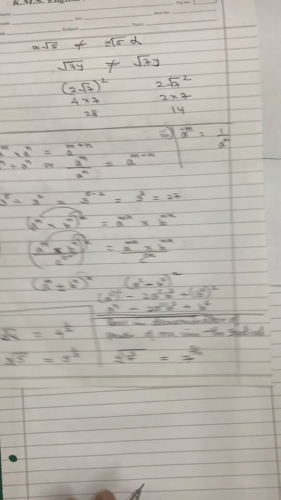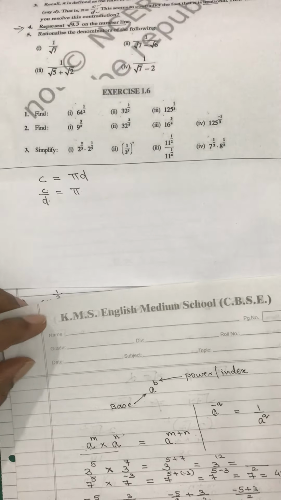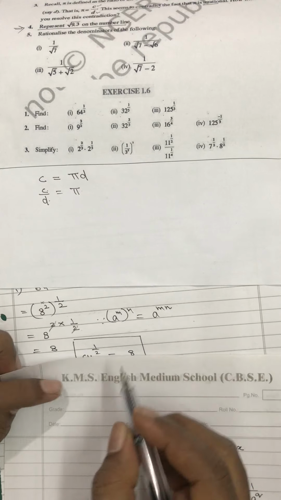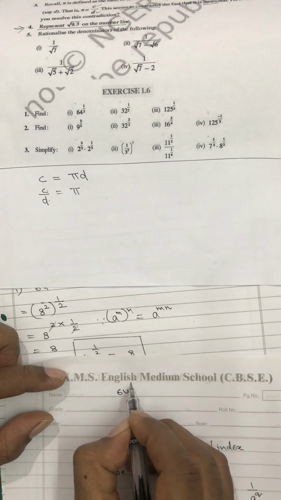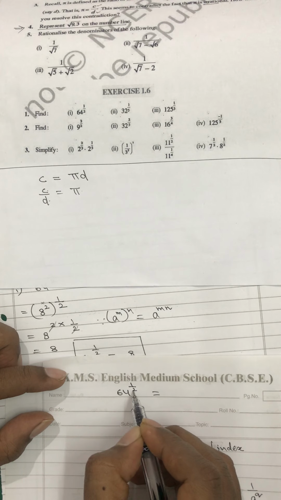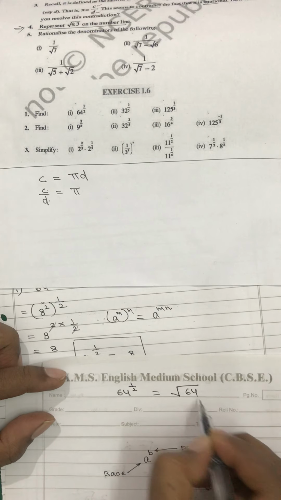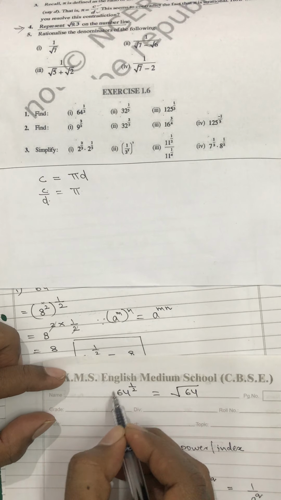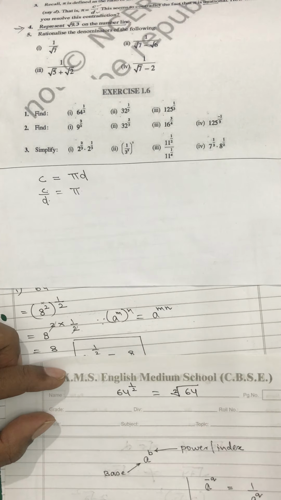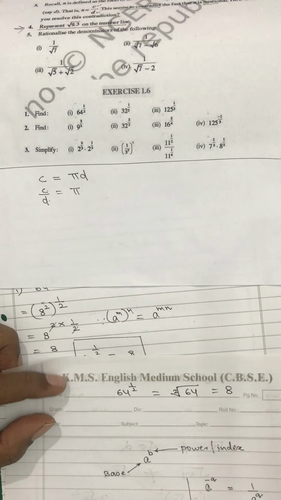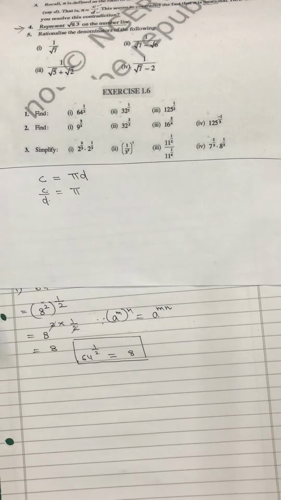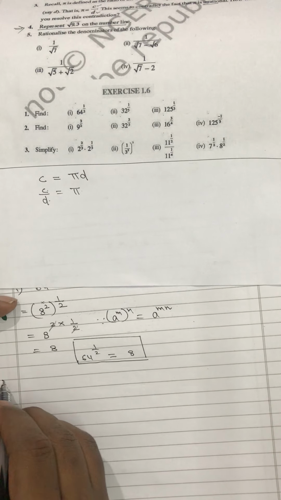So, returning to our own topic. Actually in our topic what is happening is that 64 raised to the power of 1 upon 2 is the index form. If I write it in the radical form, it will become 64, and this 2 will go and sit in the place of the root. And this is nothing but square root of 64, which is actually 8. This is the explanation and the concept behind this question.